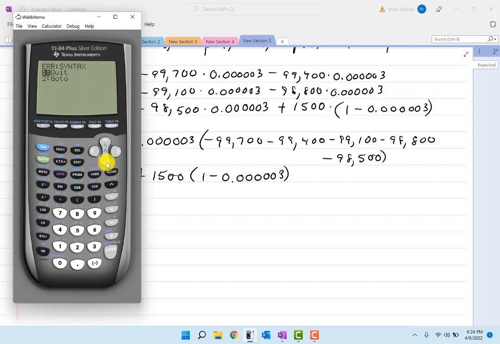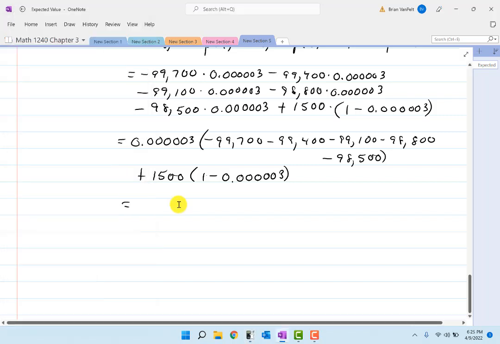It did not like something I wrote. Let's change that to a real minus. And it looks like I have 1498.51. So in their version of you, they intend to make $1,498.51 on average from you.